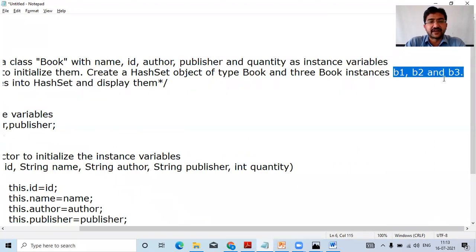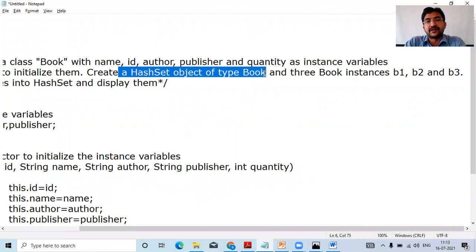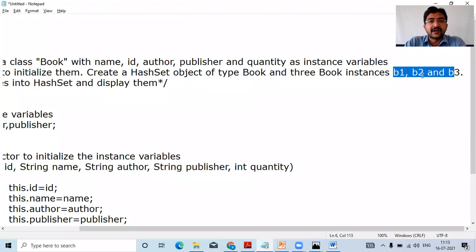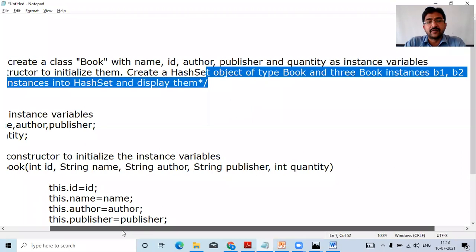Three book instances means creating objects for the book class. So with the help of b1, b2, b3, we are creating a hash set object of type book,